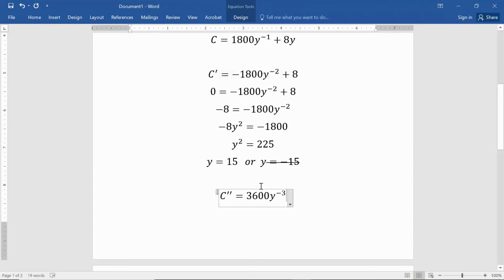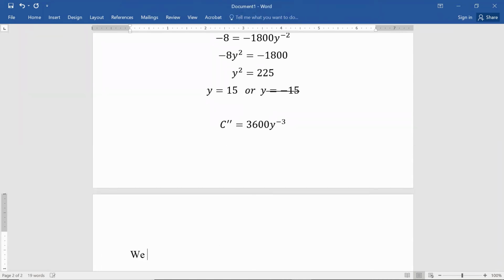Notice that when you plug in a 15 here, you get a positive value, which means we're concave up, which means I have a minimum. Concave up means I have a minimum. So I get a minimum value